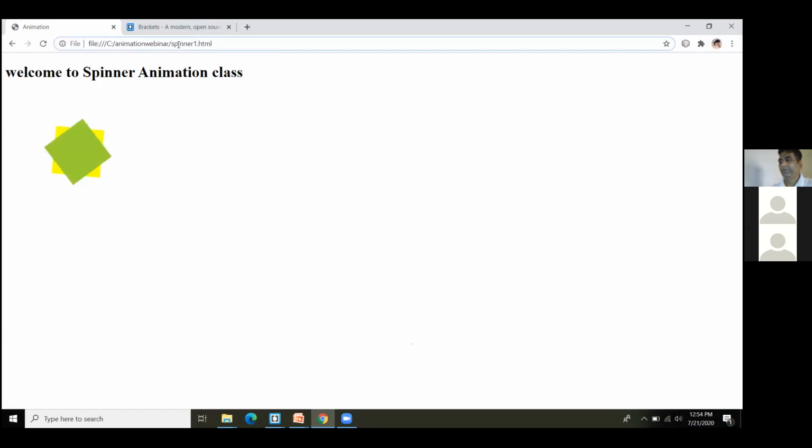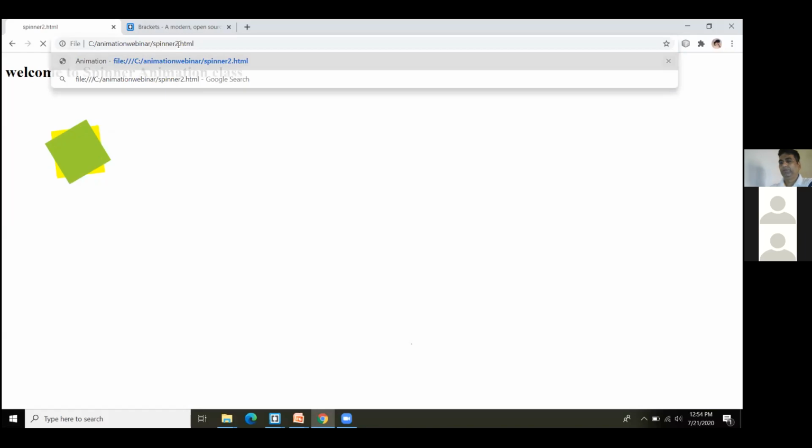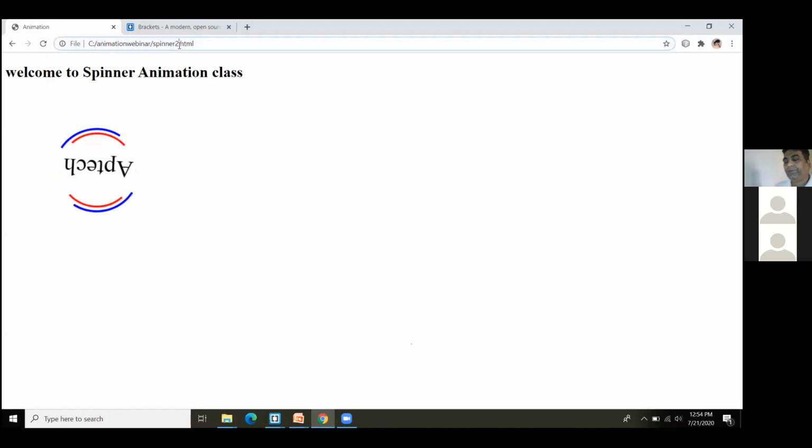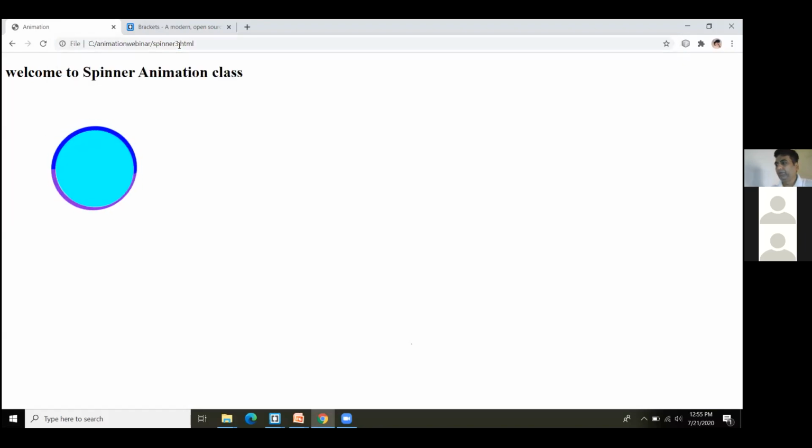And moving ahead, the second spinner animation is the second thing that you'll be learning over here. It's the same thing, but I'm doing it with circles. So that's your second spinner animation. And for the third spinner animation, you can see that the size of the circle is increasing and decreasing. So that will be our third spinner animation. Let's see the animations one by one.